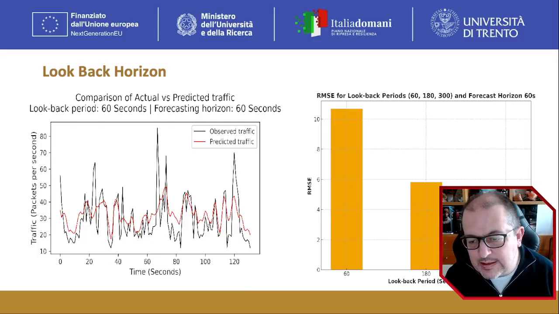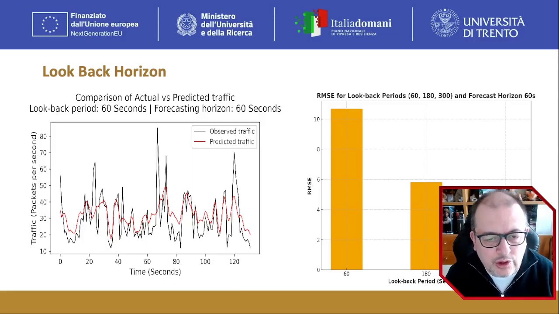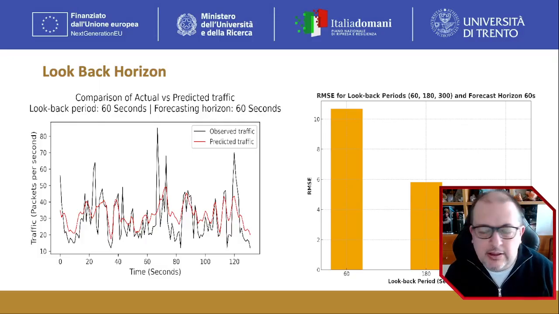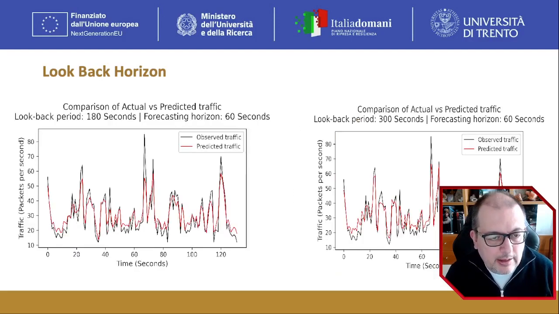Of course, as you can see, the advantage of having more and more data decreases over the time interval. So we believe it's not necessary to look so much in the past in order to have a reasonable prediction, because this can be done with a few minutes of history, and then the incremental advantage becomes smaller and smaller. So here you can see the corresponding improvement if we use 3 minutes and 5 minutes of historical data respectively. Of course, accuracy always increases, but you see that the prediction, that is the red curve, is extremely similar in both cases.